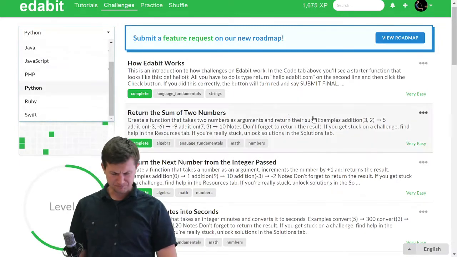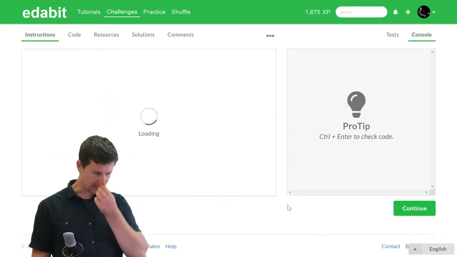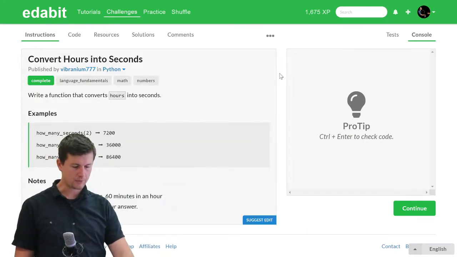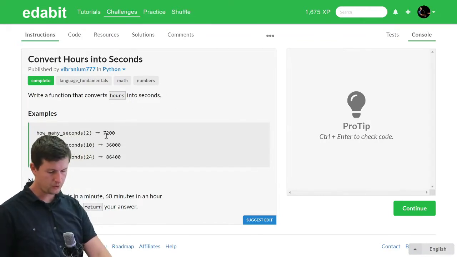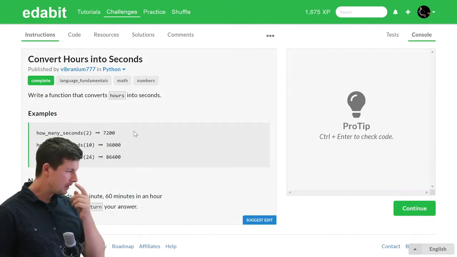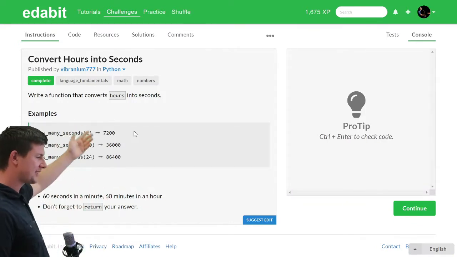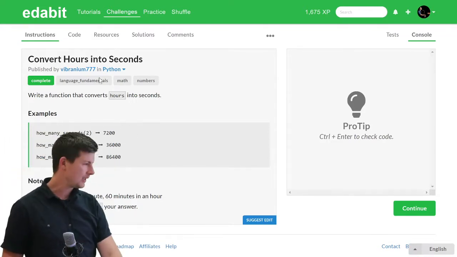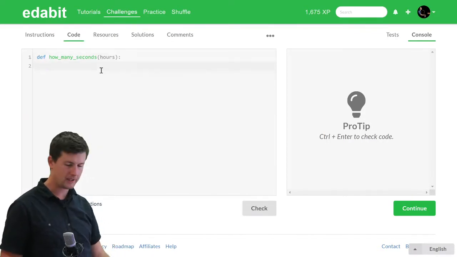And you can find, here we go, convert hours into seconds. I've already done this, but let's do this again. So it comes up with a problem. It's going to give you some hours, and it wants you to say how many seconds there are. So write a function that converts hours into seconds. You then click on this little code tab up here, and it gives you a place where you can